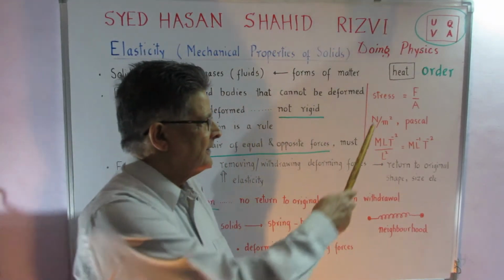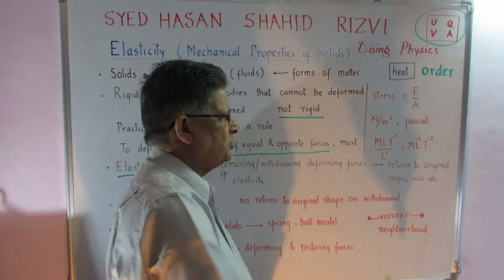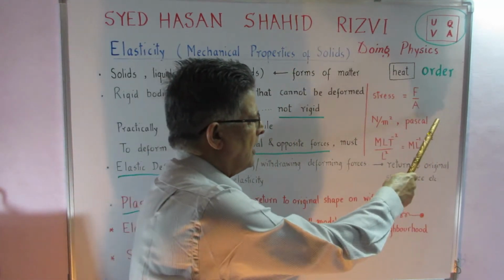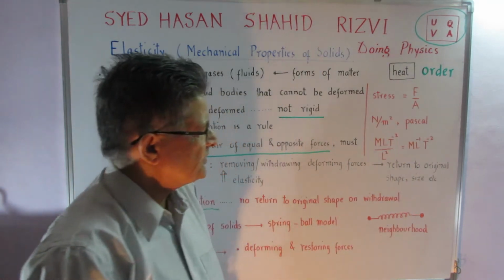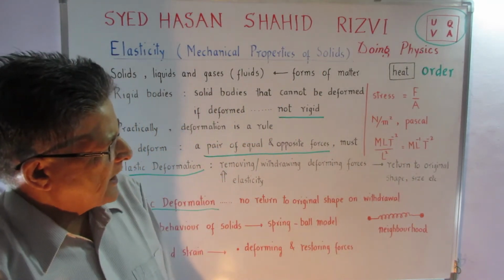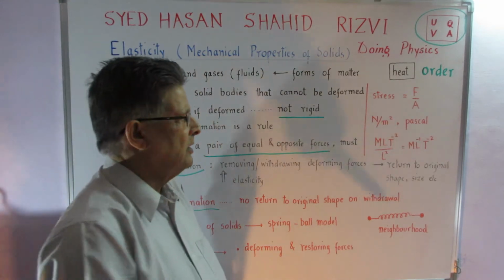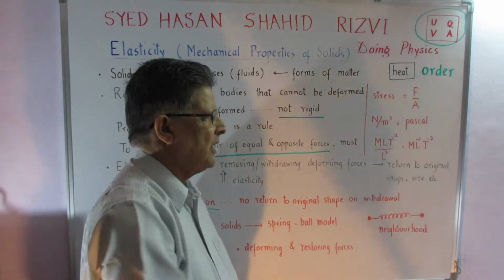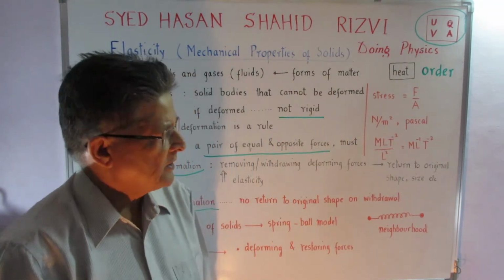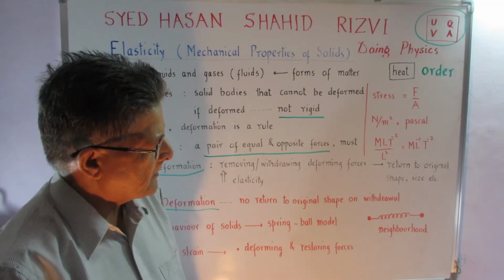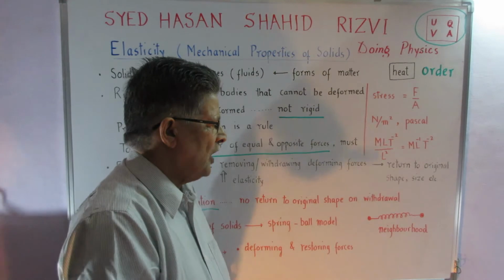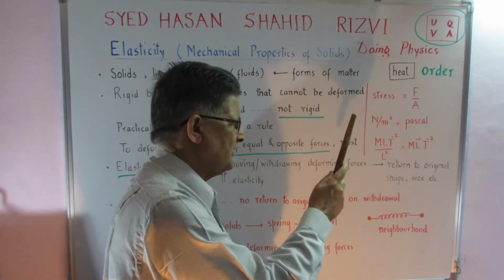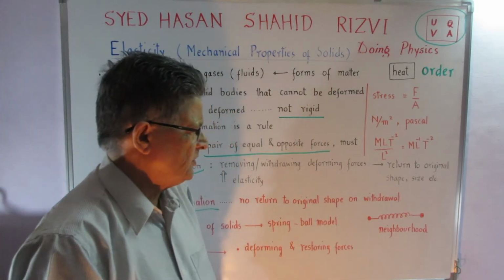So this is newtons and this is meter square. So the unit that we get in the SI system, the system international, the MKS system, is called Newton per meter square or Pascal, which is the favorite unit of pressure. Dimensional analysis, if we do, I always tell you that, remember this,